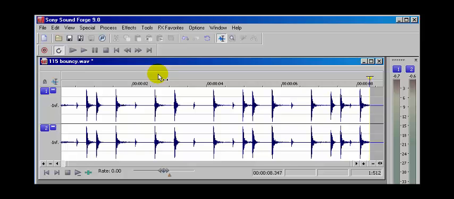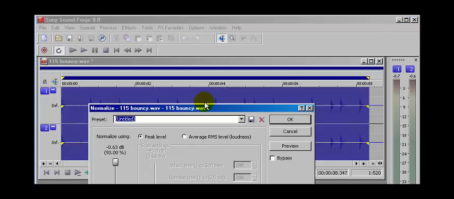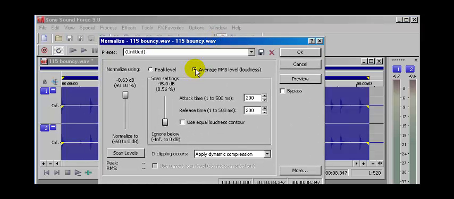Now let's undo that and try the RMS value. RMS stands for root mean square, and basically the process is that instead of looking for just high peak values, it's picking an average. So it's looking through the audio data and picking average values. Once it's found the average value, it uses that as the reference for the normalizing. You'll see this once we do this. Now if I preview this, you can already hear the huge difference compared to peak. Now if I render this,